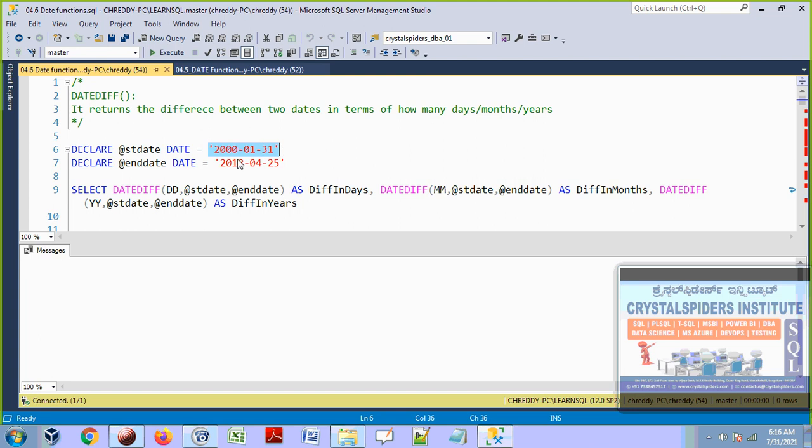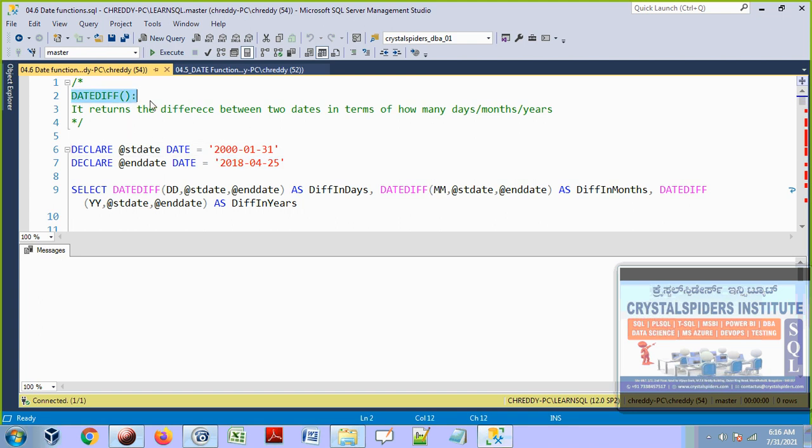Let's say there are 2 people born on 2 different dates. I want to see how many days difference there is between those 2 dates of birth, how many months, and how many years. I would like to see that.